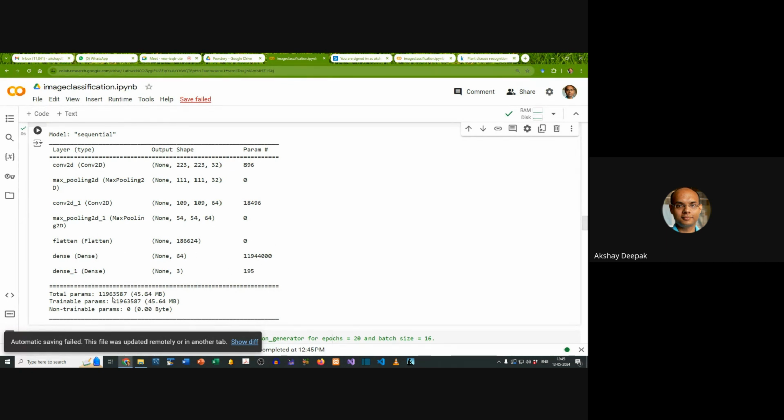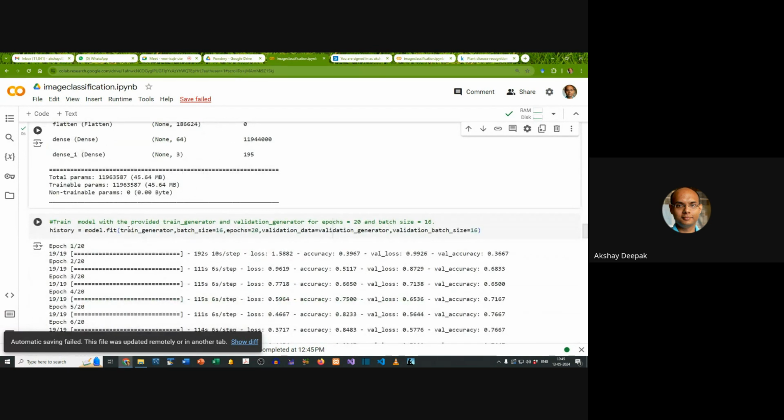There's a total number of parameters. So this total number of parameters is what defines the complexity of the model. You see, the pooling layers don't contribute to the trainable parameters, because pooling operation does not involve any trainable parameters. Okay, done. Now,